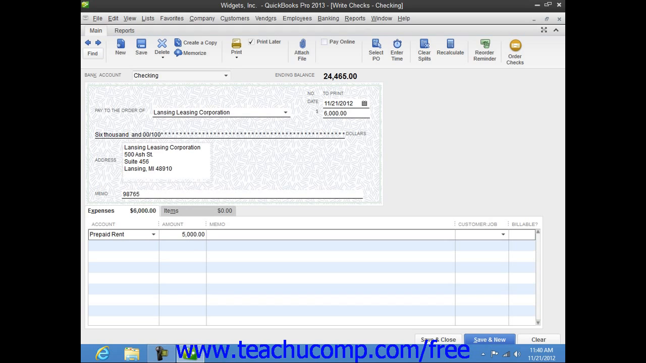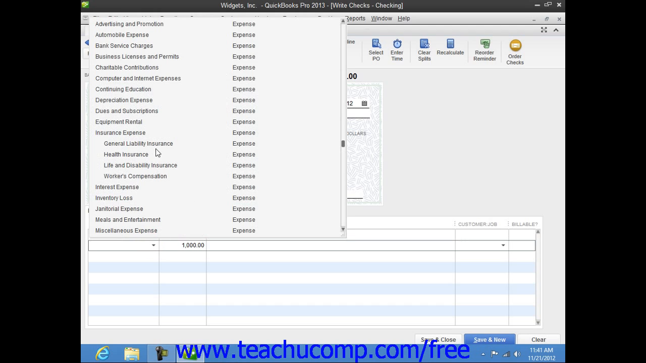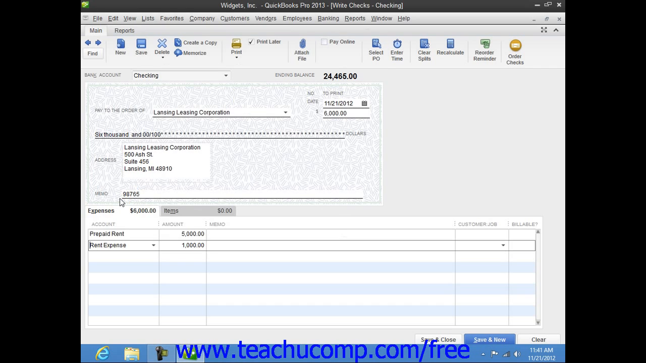This shows that $5,000 of the $6,000 payment is being traded to another asset account for the prepayment of that rent. Then click into the next row on the Expenses tab and select the Rent Expense account. QuickBooks should then attribute the remaining $1,000 to the account for the first month of rent as it is being